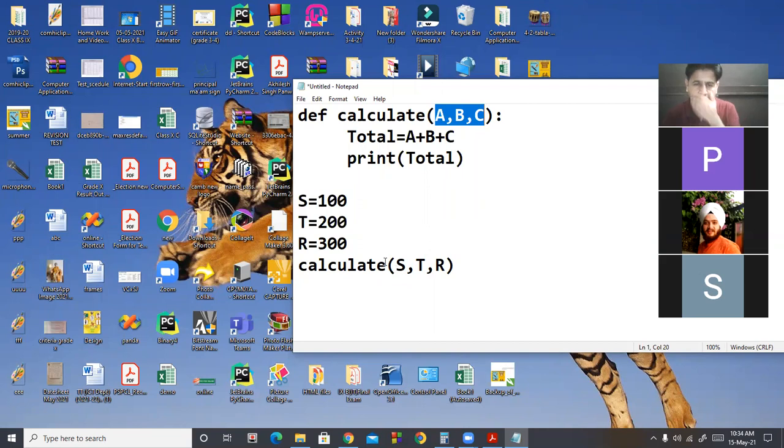Now, your arguments are of different types. When the parameter receives the value according to the position, these are called positional arguments. For example, value of S will be received by A, value of T will be received by B, value of R will be received by C according to the positions. Position always starts from your left-hand side. Now this is called positional arguments. And another name of positional arguments is